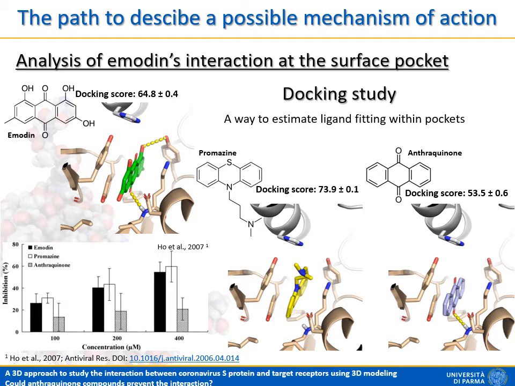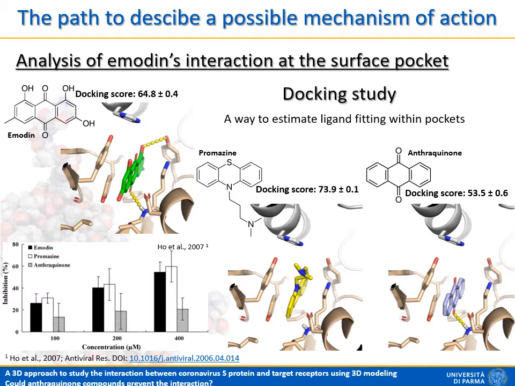Docking studies mainly provide computational scores that are proportional to the capability of ligands to satisfy the physicochemical properties of a given pocket. And it is extremely important to notice that usually the higher the score, the higher the fit and the match within the pocket. Well, all the scores we collected were in agreement with the inhibitory potency reported so far.